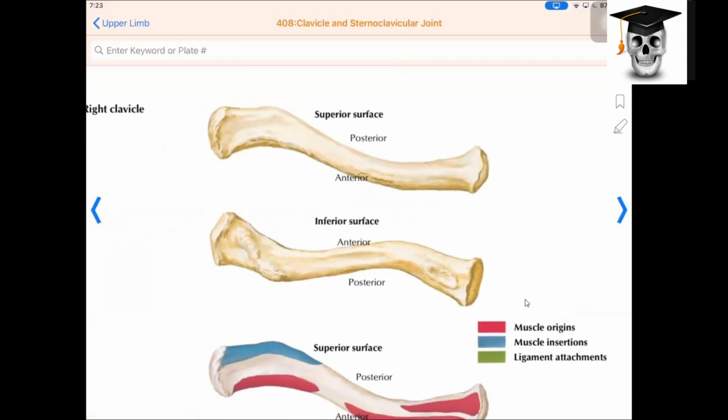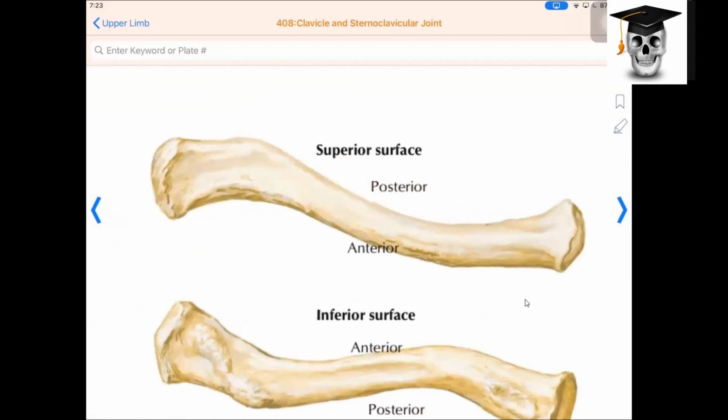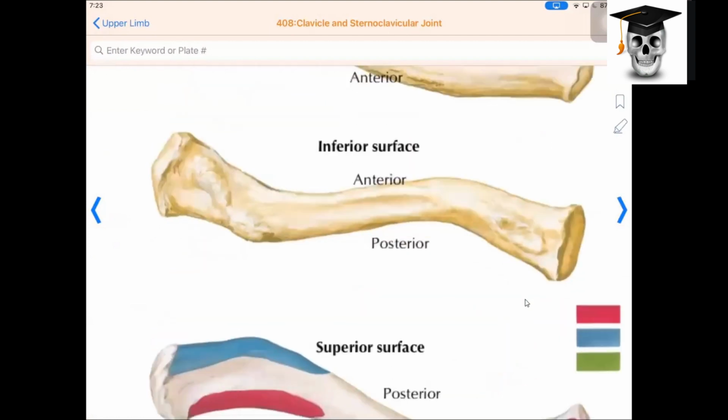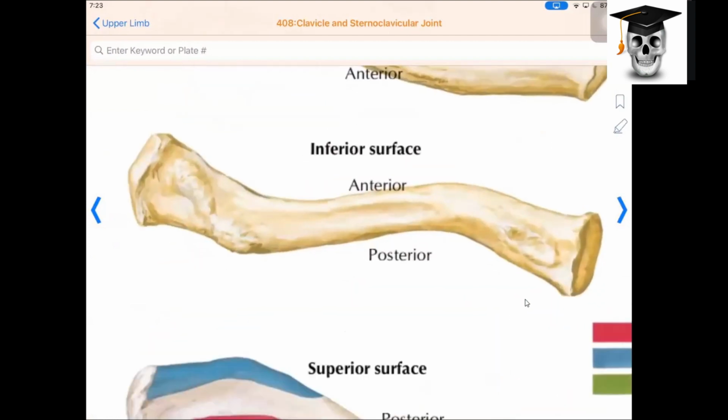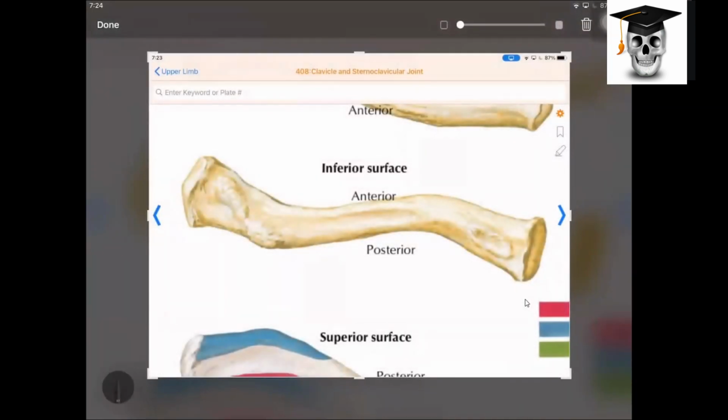Now you see that is your medial end now. Medial end and lateral end, everything you can see. Here also you can see this portion if I show you, the inferior surface. Now here you see, this is the inferior surface on the medial side. And here this is giving attachment to your costoclavicular ligament. Yes or no?